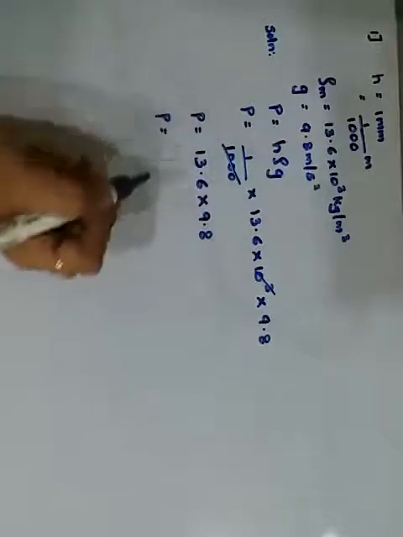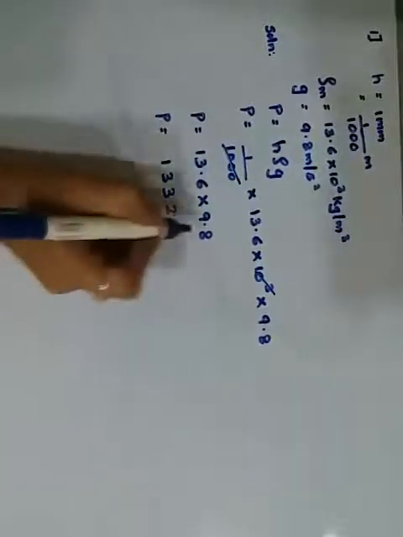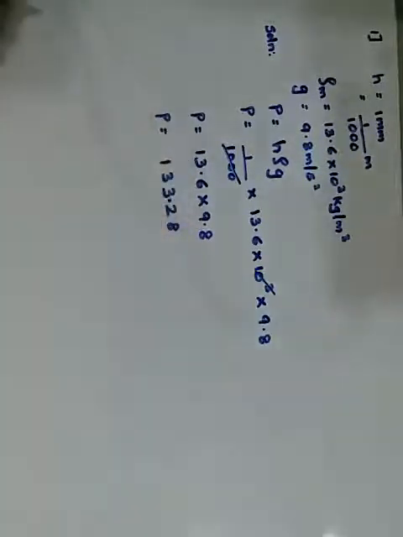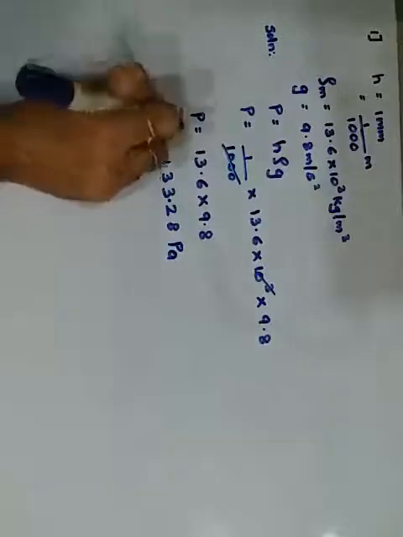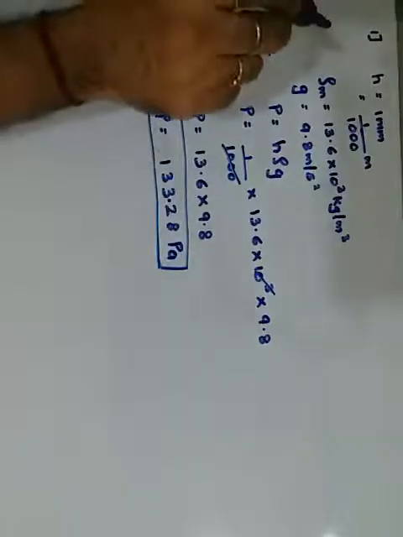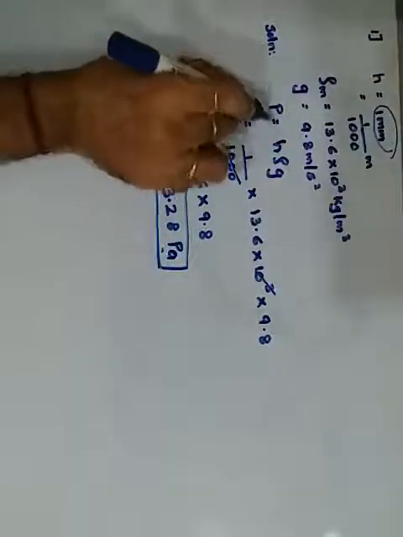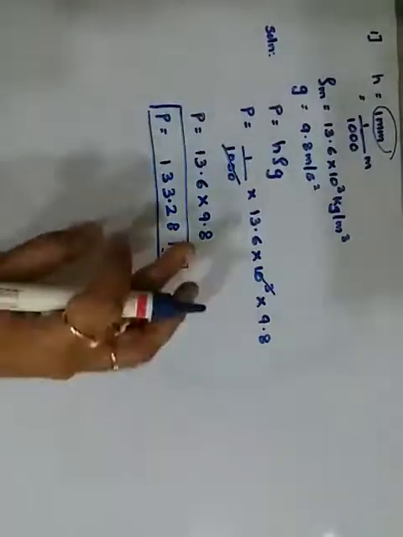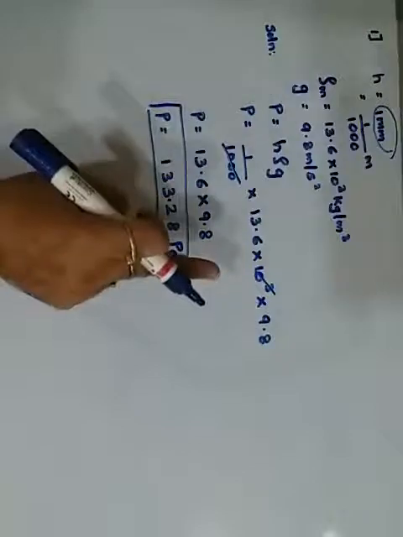Therefore pressure is equals to, when you multiply this, it gives you 13328. बराबर, but point after 2 places it gives you 133.28, but in Pascal. So what you have done is you have converted that millimeter of mercury into Pascal. Getting it? You have converted this pressure given in millimeter into Pascal by using the formula H rho G. Simple calculation. Height was given, density was given, gravity was given. Therefore pressure is H into rho into G. Substitute the values, thousands and thousand cancel. Whatever is left is your answer in Pascal. Okay.